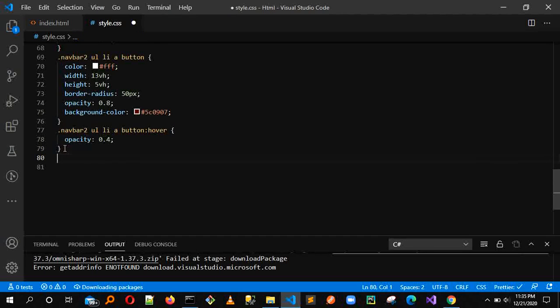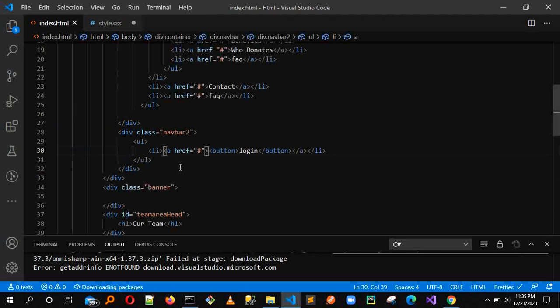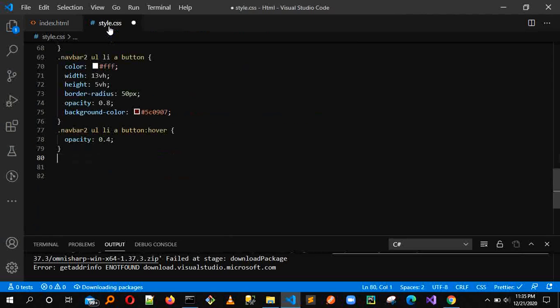Okay. So now let's go ahead and style our banner. Okay. Now we are going to add the background image to our banner. We are going to give it a width, height, and other attributes. Okay, let's confirm the selector we used for our banner. It is a class. So we are going to use .banner,